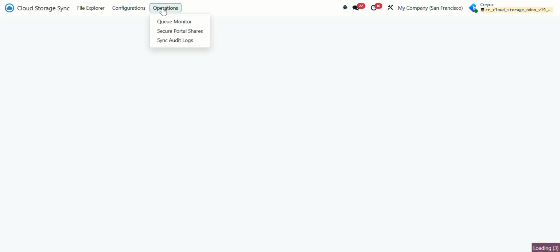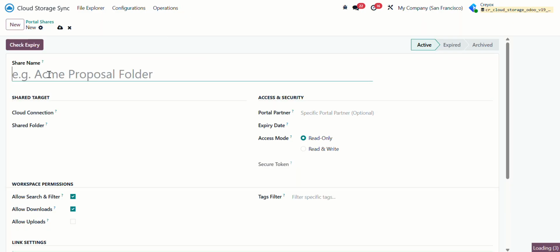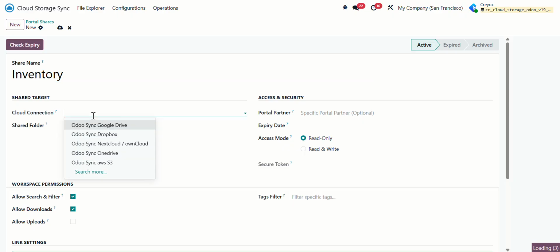Then under operation, after queue monitor, we have provided this secure portal share. So you can create a portal sharing link, like if you want to share some specific folders of your specific model based on your folder mapping rules, so you can create this portal share. You just need to create